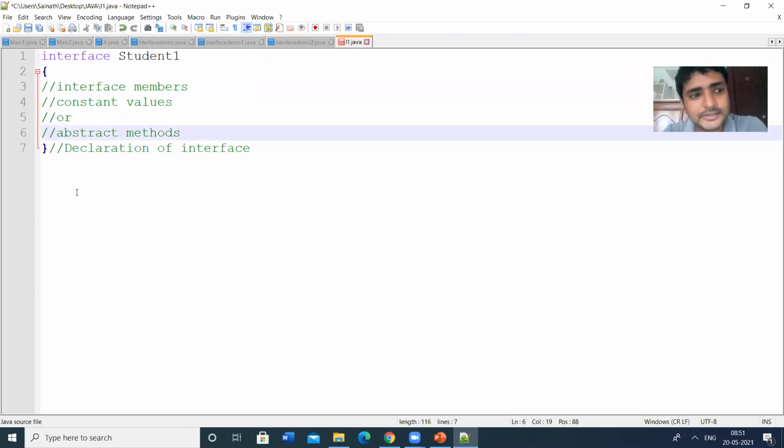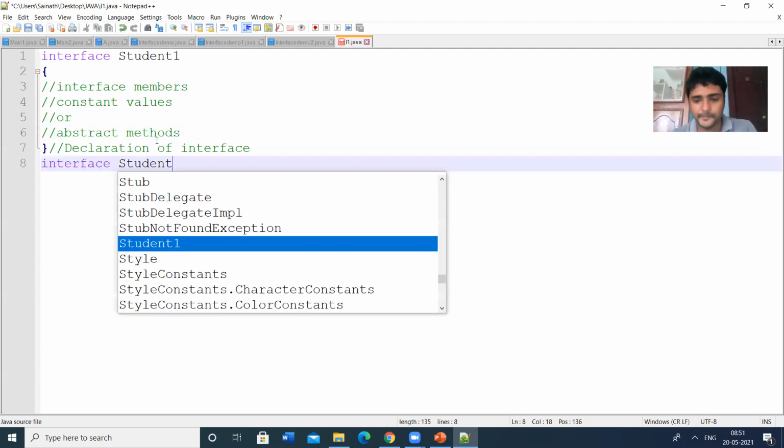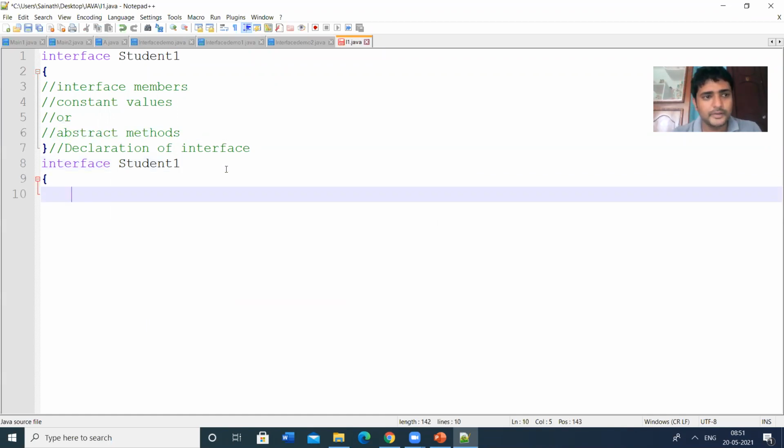So let us take an example. I am defining the interface student one. The interface consists of constant values.